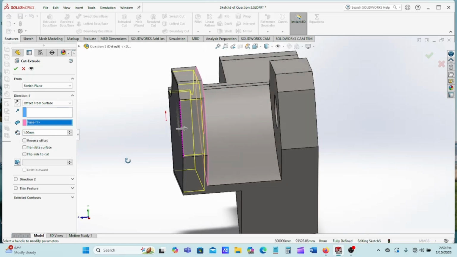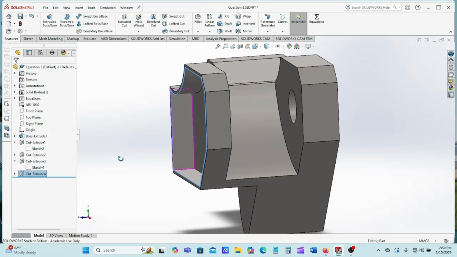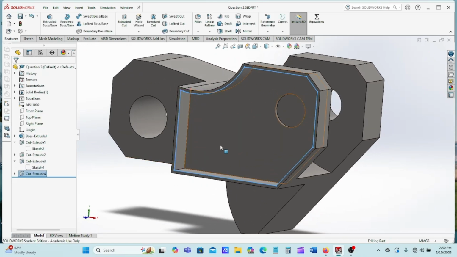And that looks about right. That looks like what I'm looking for. So I will hit my green check mark. Now it's done my extruded cut. I can look in here, and that's looking pretty good. That's exactly what I wanted to do. So I think we're doing pretty good so far. All right. Now,